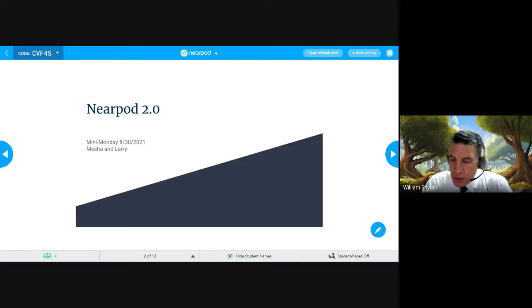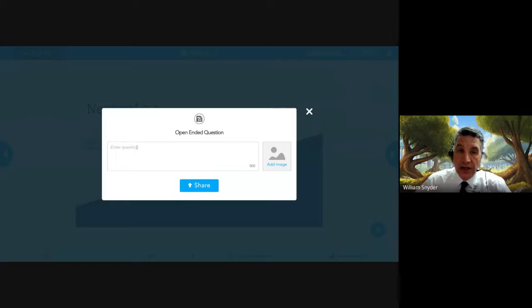And a lot of times when we're in the middle of a lesson with our students, all of a sudden we have this great idea of what we can do, and we need to shift gears in that lesson. Well, Nearpod will help you with that also. Notice the top where it says Add Activity. If I click on Add Activity, I can all of a sudden throw out a question, a true, false, an open-ended question. So if I click on it, I add the question,